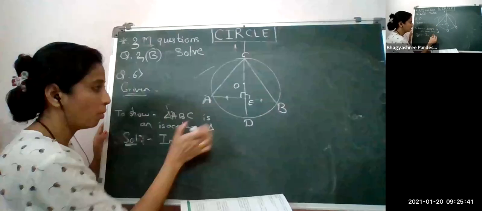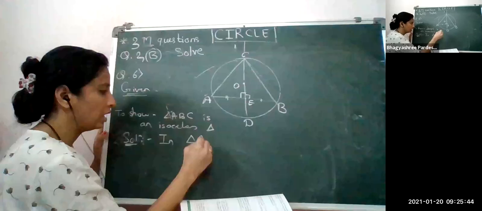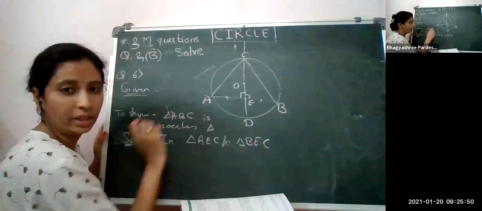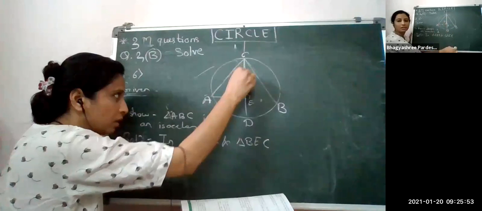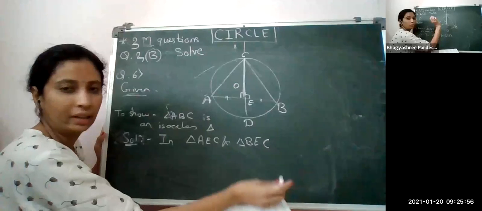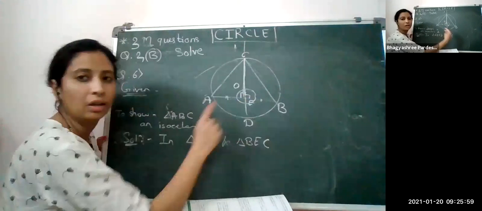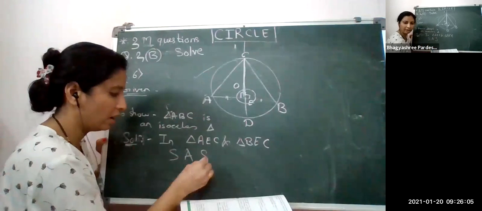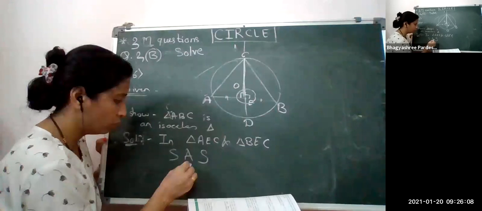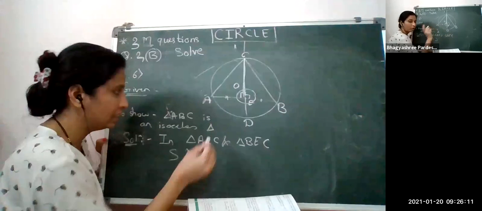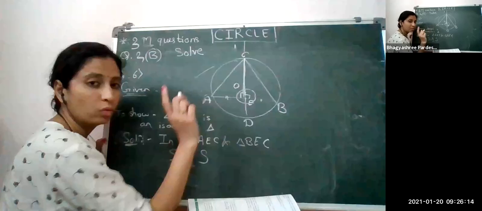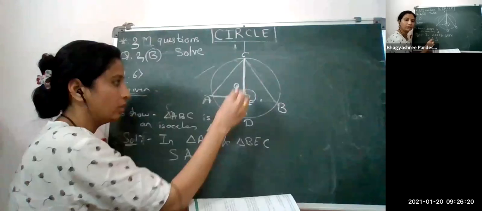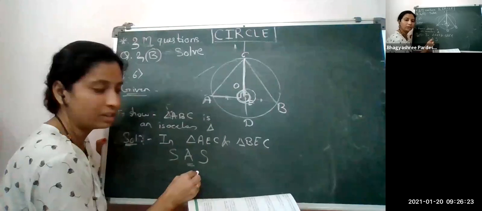Then after that, consider the two triangles AEC and BEC. These two sides are equal. Second, this is the common side, so CE equals CE, common side. Then both are 90-degree angles. That means what we get is one side, one angle, another side. And if you look properly, for SAS, this is a very important rule: the angle must be between the two sides. Therefore, I can say that by the SAS test, the two triangles are congruent to each other.